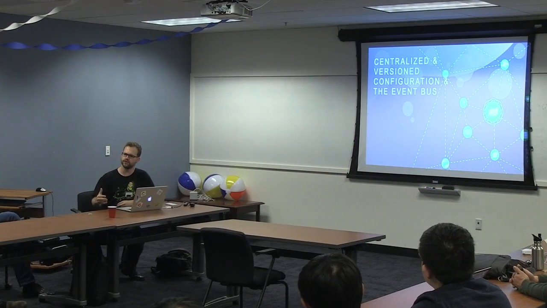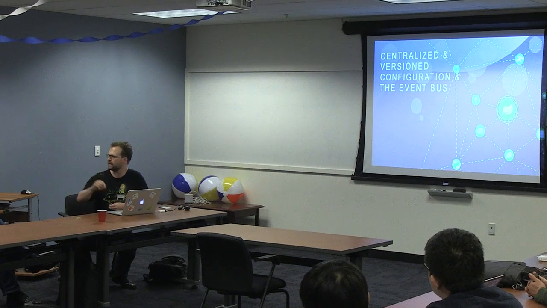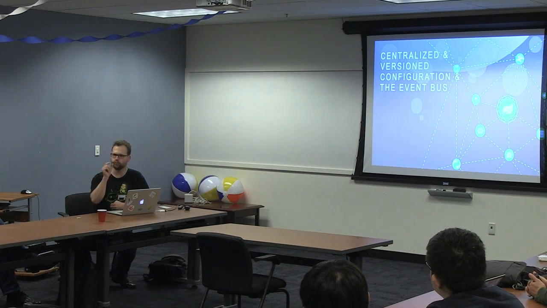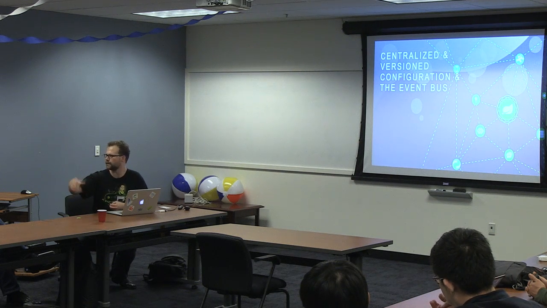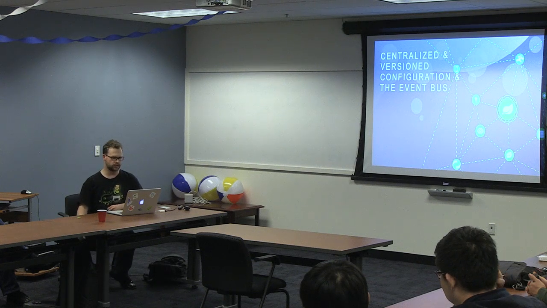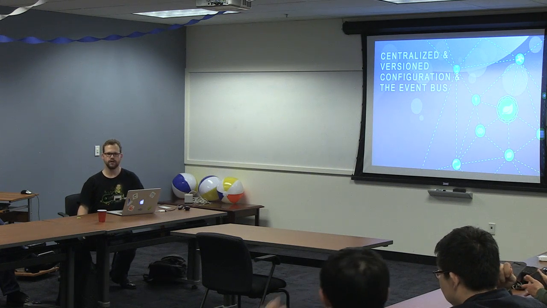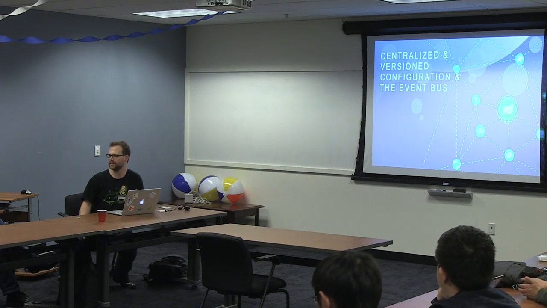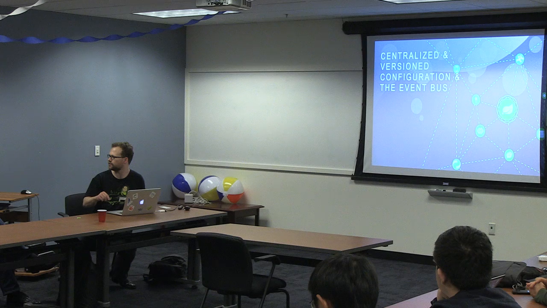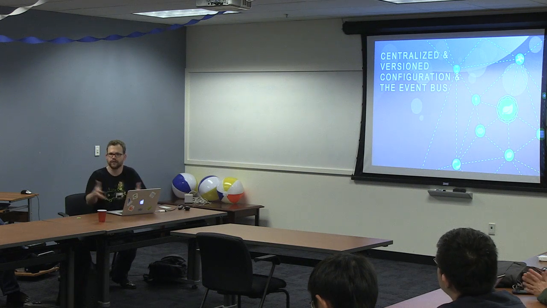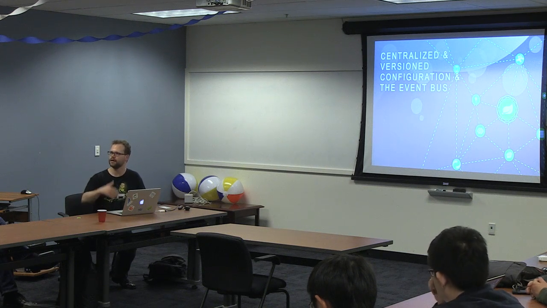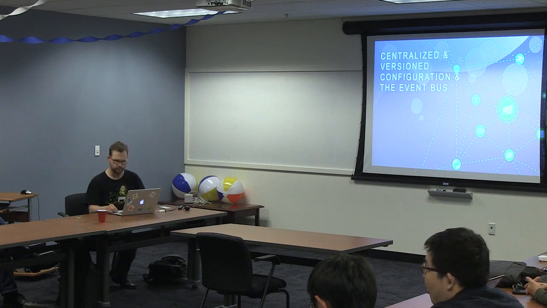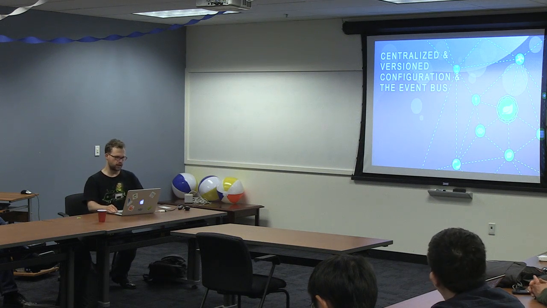I'm talking about configuration in the sense of things that change from one environment to another. I want to have one golden build. I don't want to have to change my build when I move from dev to QA to prod to whatever. In that world, it's pretty obvious what to do. A lot of people use external environment variables to externalize those configuration values. Locators and credentials for backing services, for example, might be externalized. Hosts, ports, that kind of thing.